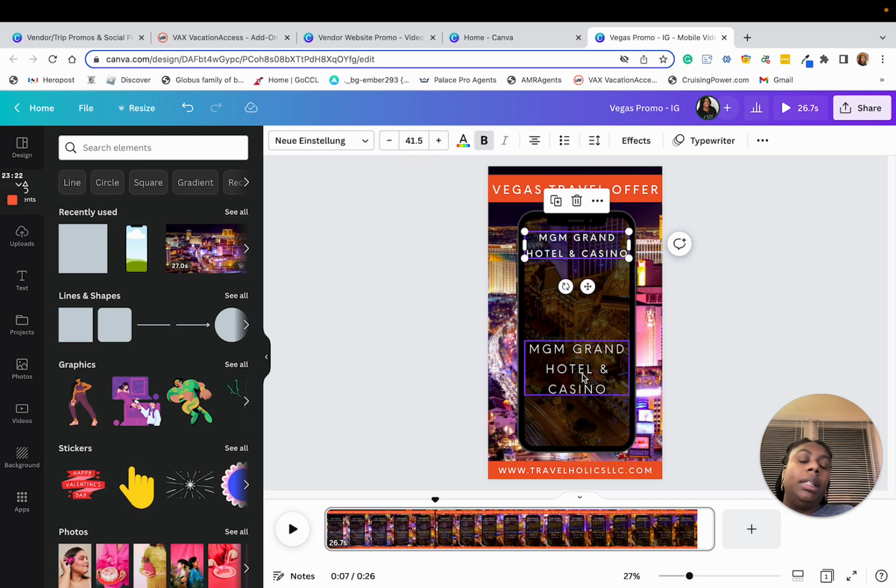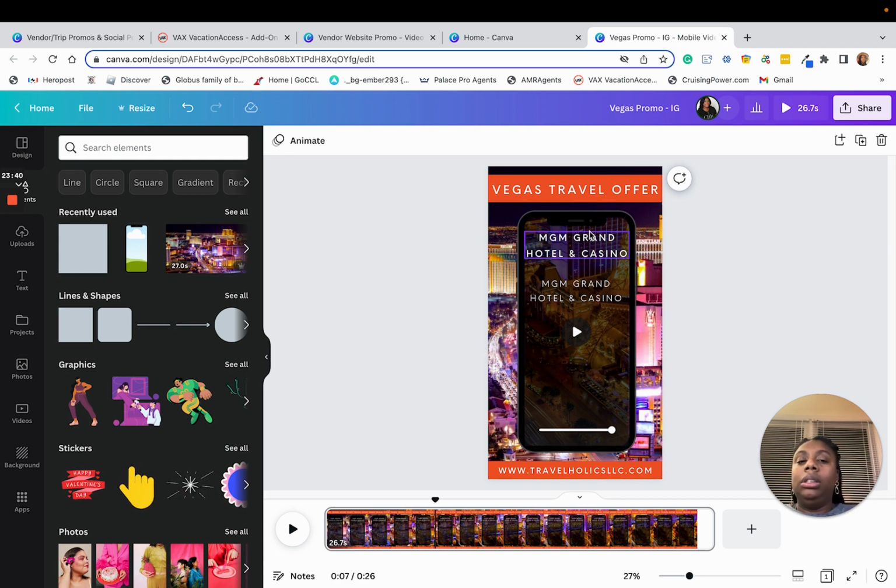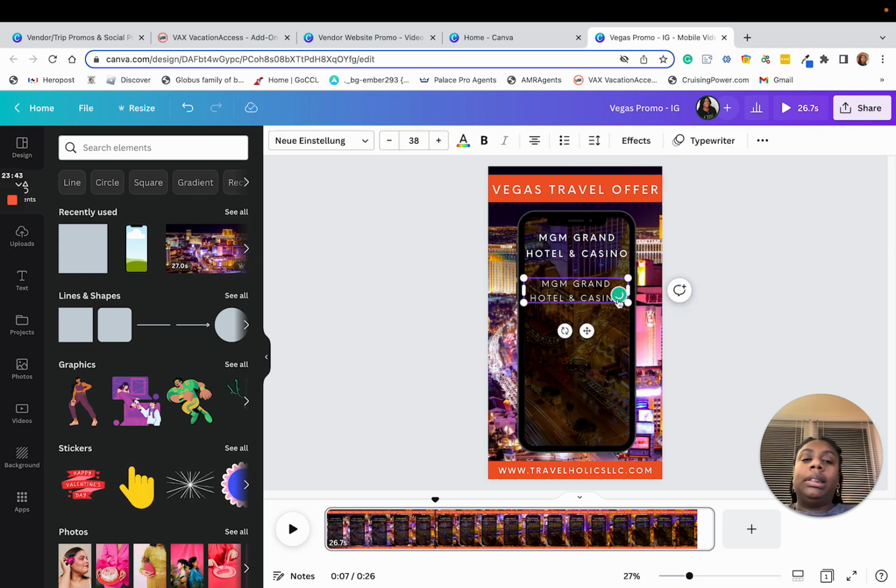My font is 41.45, so that also means that when I want to talk about the details, my details need to be not bolded and also smaller than 41.5. So maybe like a 38 would be pretty good, so we can see the contrast between these. We want to say stay 3+ nights. And when you stay 3+ nights between, let's just say March through December,